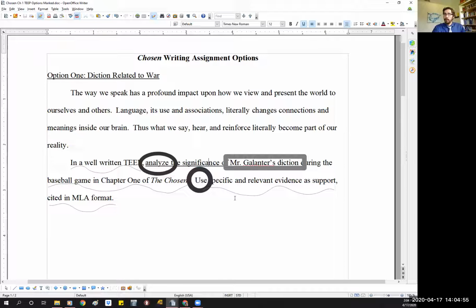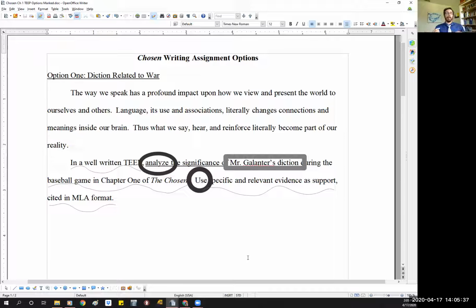One thing I do want to point out about this prompt is that whenever we talk about diction, it is word choice. Well, first we have to name what specific kind of word choice it is. So let's just say you go with diction related to war or something like that. So you're talking about diction related to war that Mr. Gallanter uses. Okay, totally cool. But if he just does it once, that's really not a choice. It could be just a random thing. It's only when we see it again and again and again that we know, oh, hey, it's a pattern, it's intentional, it's a thing that the author is having the character do. And so when we're analyzing diction, we need to see multiple examples of it. So we know, hey, it's not just a one-off thing.